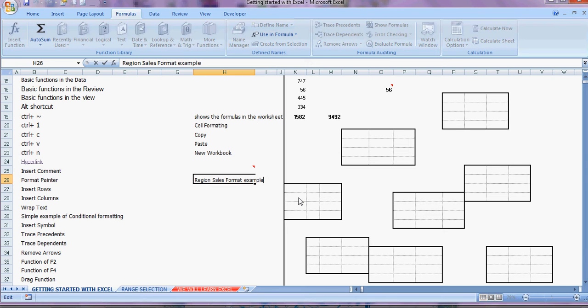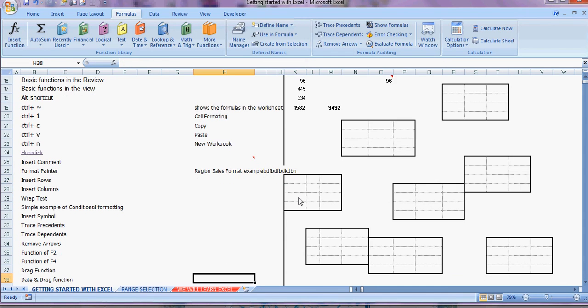So press F2 and edit the cell, then you can press enter. Another function of F2 is... editing is the main function for the cell F2. F4. F4 means you can change the cell referencing